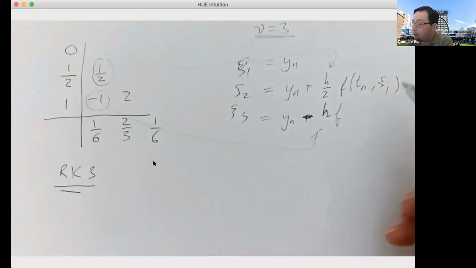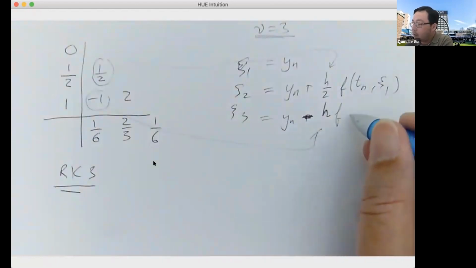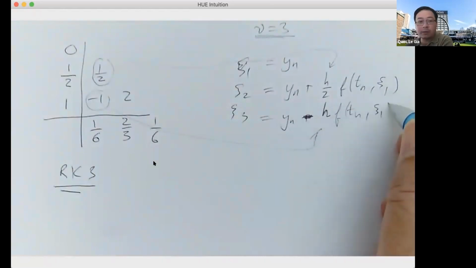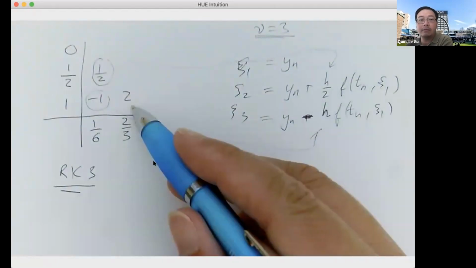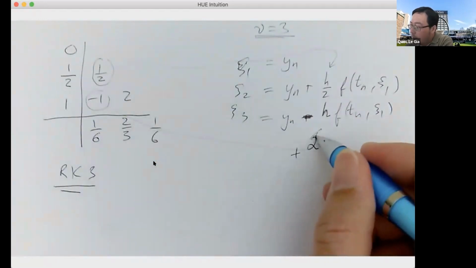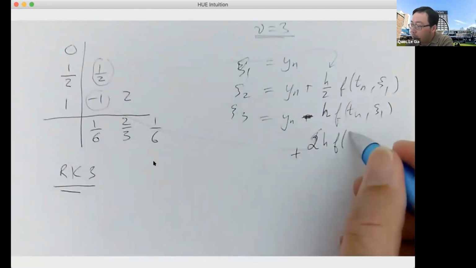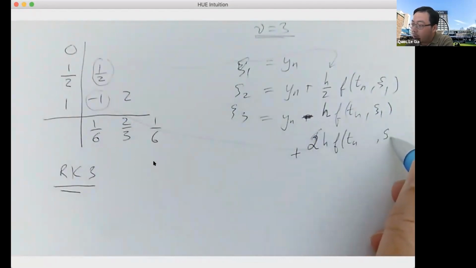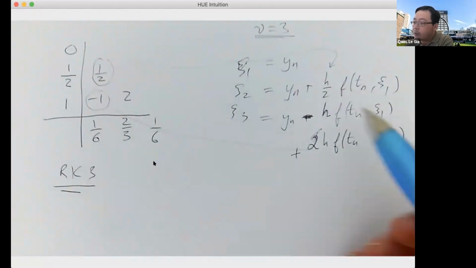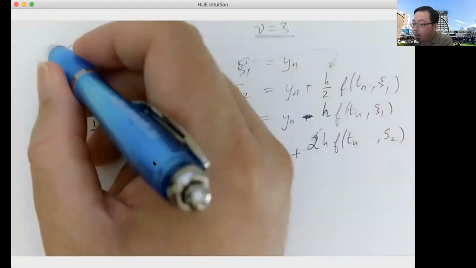So f Tn xi1, and then plus 2, right? Because now you have 2 hf Tn xi2. And now, because remember it's xi2, you have to add on